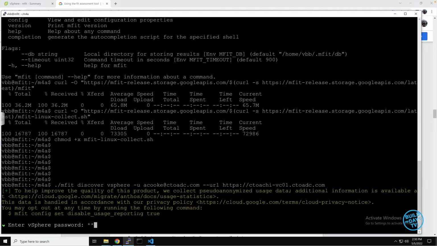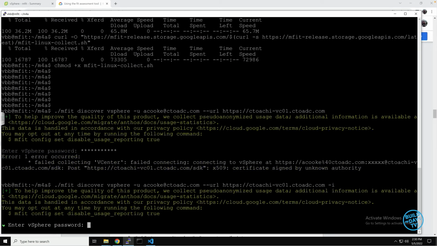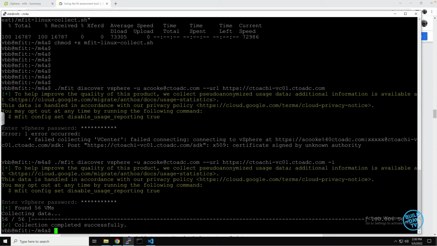And that's my password. And then it says unknown certificate authority, because we have to do this with a, if I remember rightly, a -I switch to say ignore the certificate, because I don't have trusted certificates set up in here. Right, so now that I've allowed the insecure certificate, it's done that retrieval and has found information about my vCenter